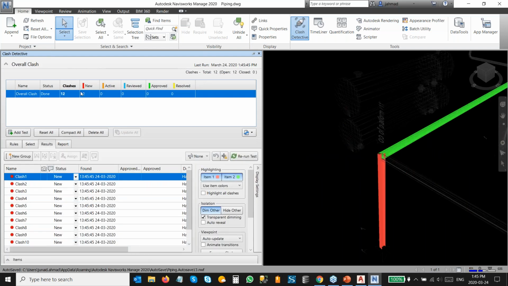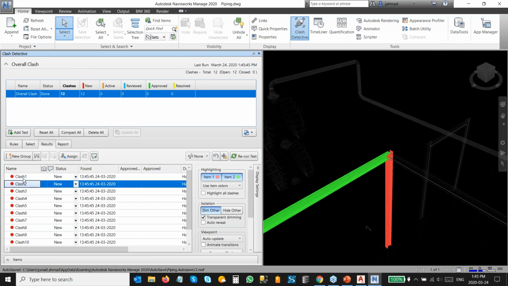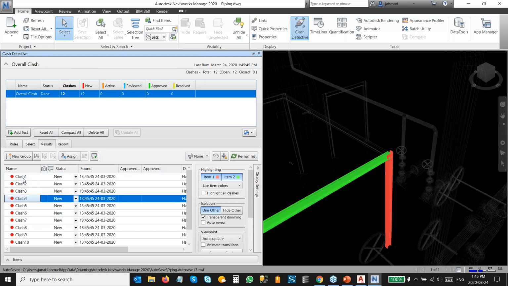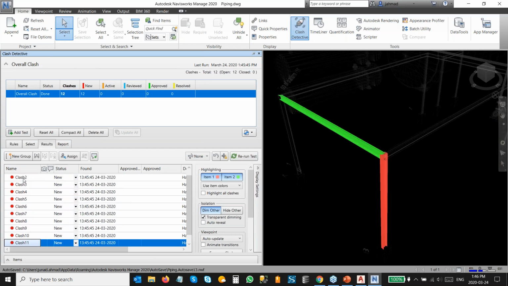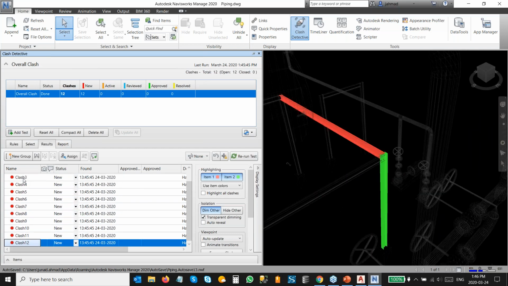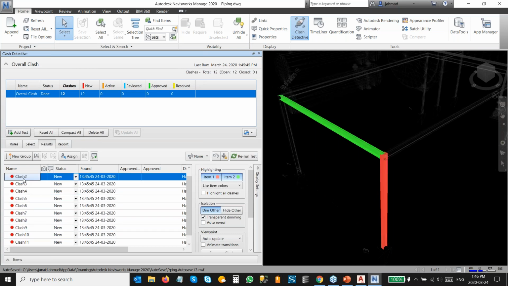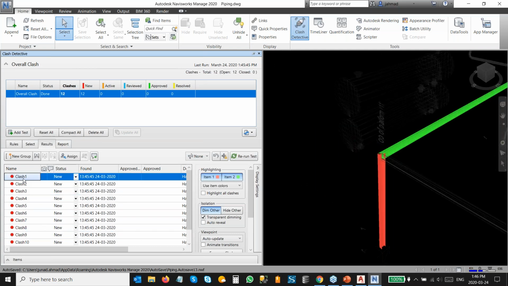In this table structure, the program shows us that I have 12 clashes as part of this test. If I start scrolling through all these clashes, I can see that the majority of these clashes are actually the clashes between the structure components, the clash between the beam and the column in the Plant 3D structure. Now, if you're familiar with how you work with the structure module or structure components or commands in the Plant 3D structure,